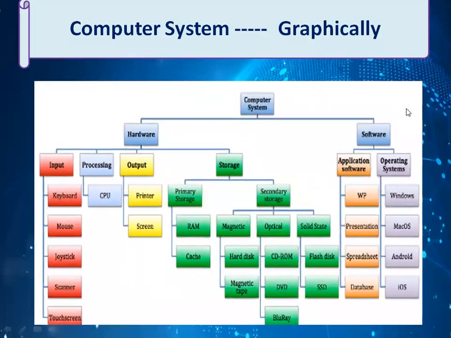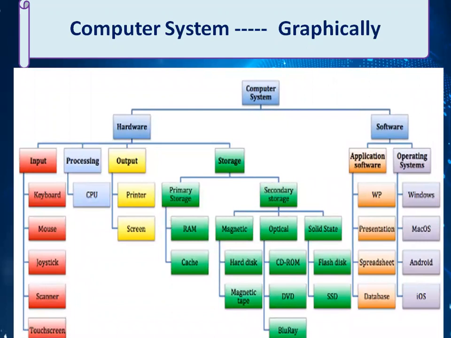So this is a graphical representation of your computer system. As you know, your computer system consists of two main parts, hardware and software. A computer system requires different components to perform the functions of input, processing, output, and storage. These components are as follows. Input: the data that is given to the computer is called input. Input devices are used to input data and instructions into the computer. These devices send this data to the processing unit.